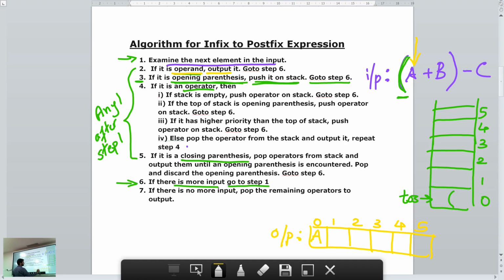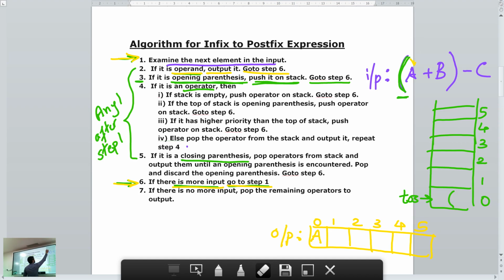You will store A in index 0 of that output array. Then after performing that step, you will go to step 6. Step 6 says if there is more input, go to step 1. Step 1, by now I think you know what it does: you scan the next input.